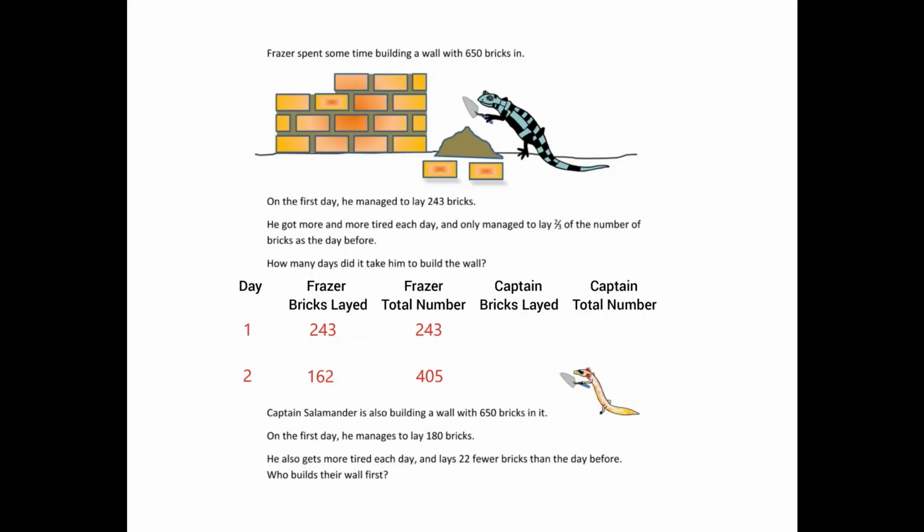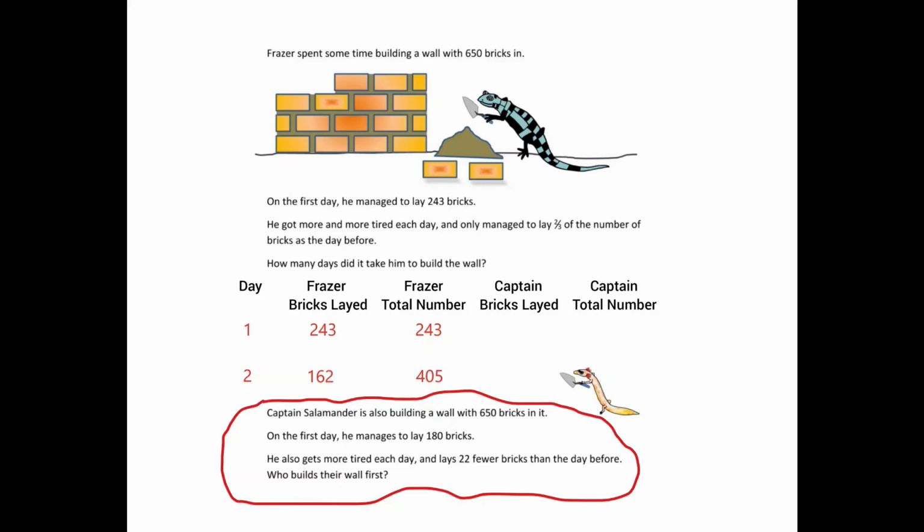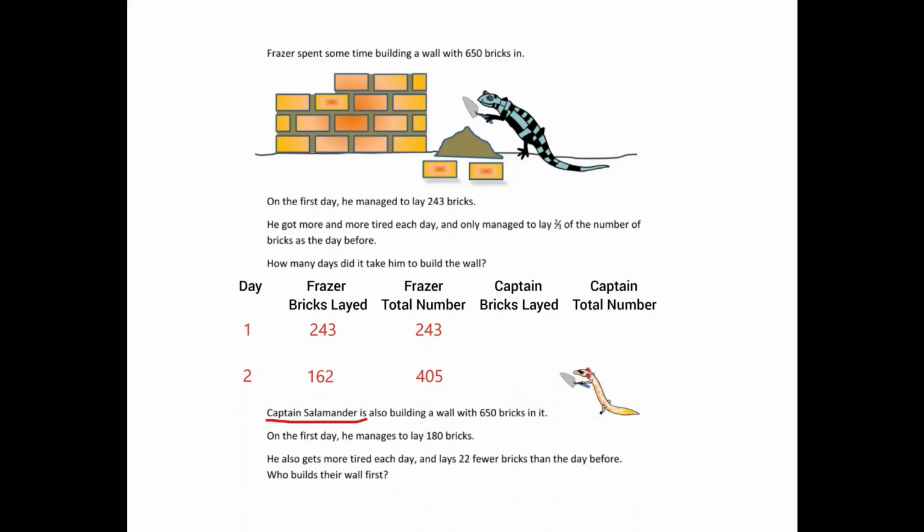Let's go ahead and read about Captain Salamander now, and he's right below the chart here. So let's go ahead and read that. Captain Salamander is also building a wall with 650 bricks. So he's got the same amount as Fraser. On the first day, he manages to lay 180 bricks. So we're looking at Captain Salamander over here now, on the right side of the chart. Day one, we know he put down 180 bricks for day one, and his total number is going to be